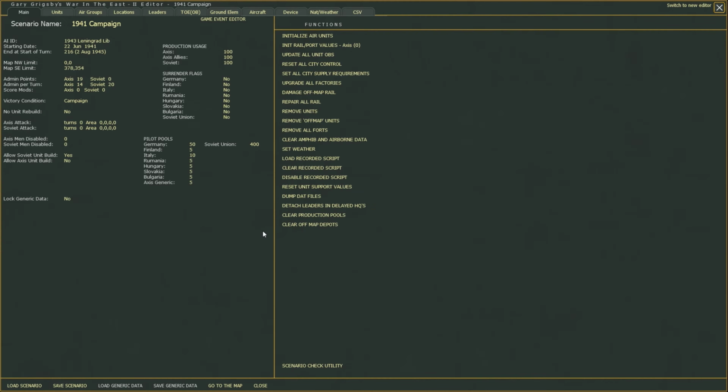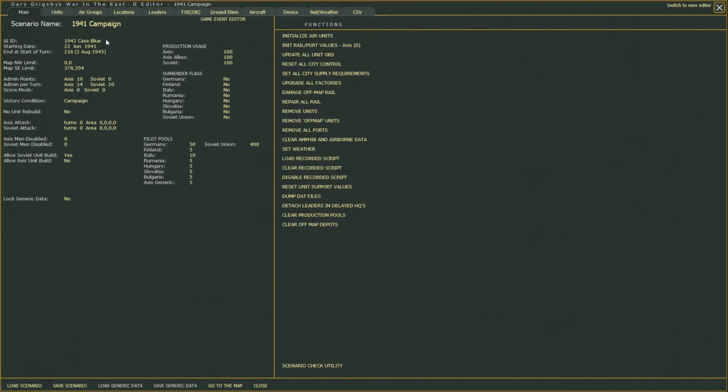Let's try with 24. You see Leningrad Liberation, for instance. So this one here, 18, is the 1942 Case Blue AI. And when I found this, I'd say this was the main reason, or the only reason, that motivated me to create from scratch the